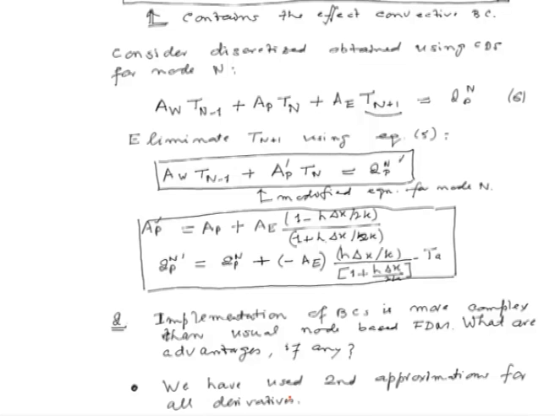We use the central difference scheme for the discretization of the d2T by dx squared term in our governing equation, and we also used a central difference approximation for evaluation of the dT by dx term in the boundary condition. So, the first thing is the perceived advantages,